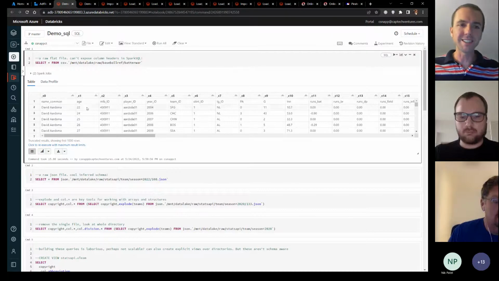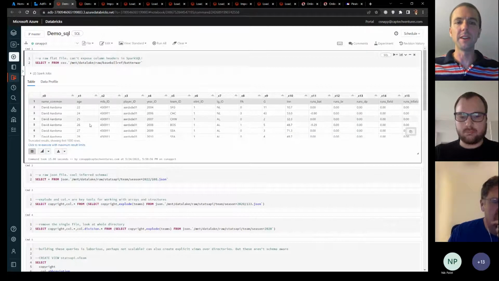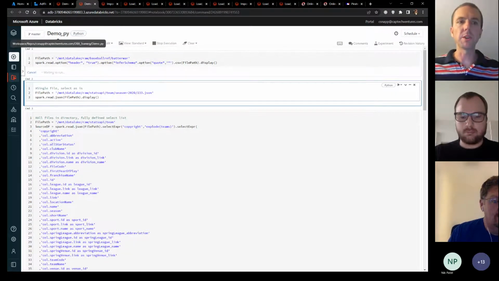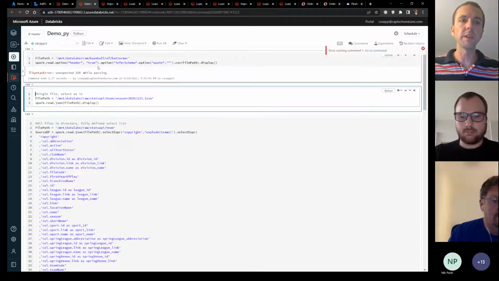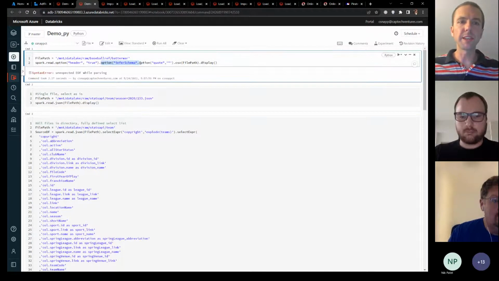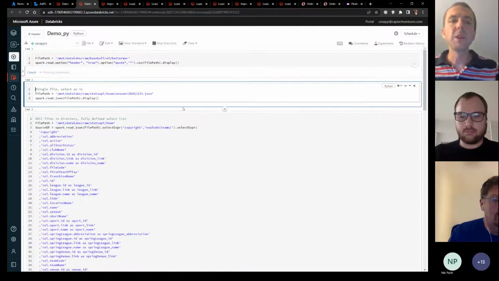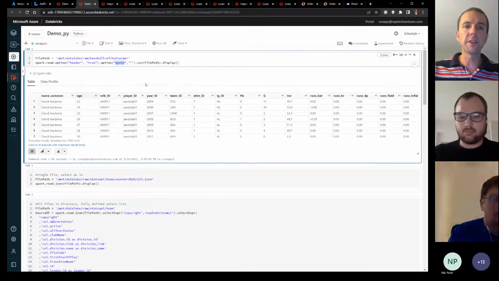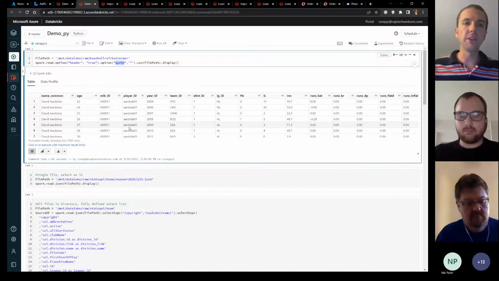But the first thing that stinks is that when you query a raw CSV file, it doesn't give you the fact that this header row is here and available to you. So that's already kind of disappointing. But if we switch over to Python, so this is a Python notebook, and it's all the same commands, just scripted differently. Of course, I changed something at the last minute and didn't test. So if I set header row to true and I tell it that's going to identify the quotes, and I display the output of that Spark read command, you can see I get the same data set that we had before, but this time it gave me the headers as the top row. So that's cool. I get the ability to do that.